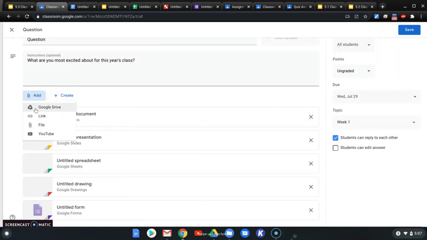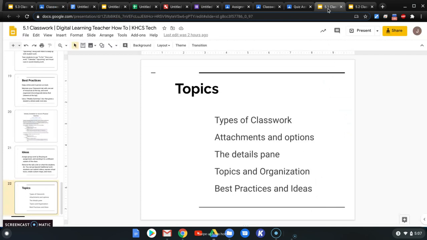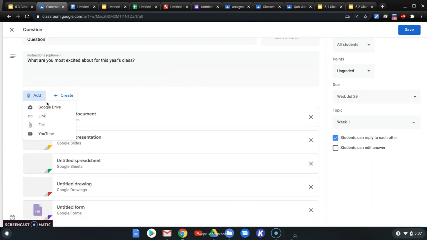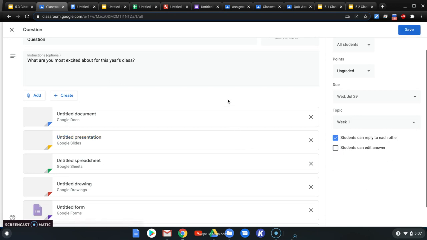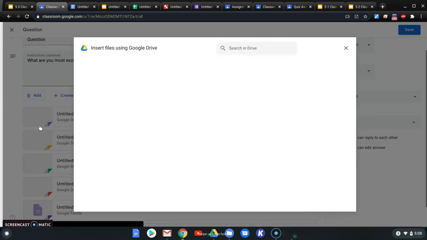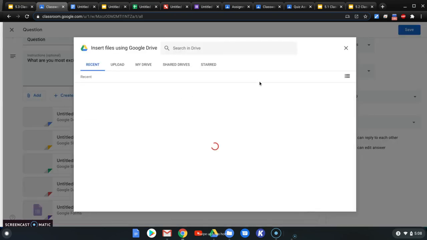If you want to add a link, you can go to any website and then copy and paste the link to that website into this link tab. Choose the entire address, copy, choose link, paste, that's Control V, and you can add that link as a resource. If you want to add a file that's not in your Google Drive, clicking the file will bring you to the